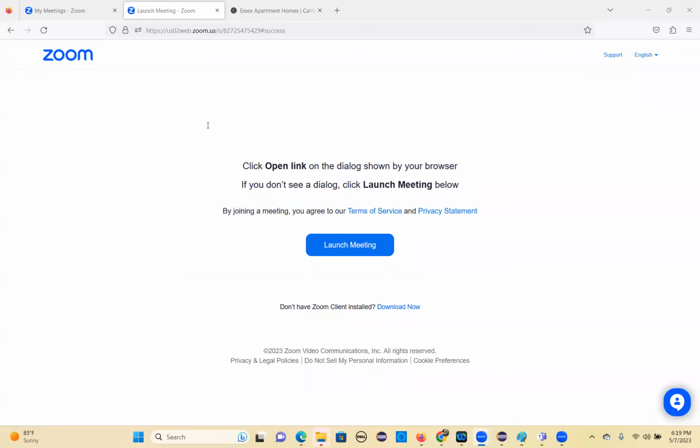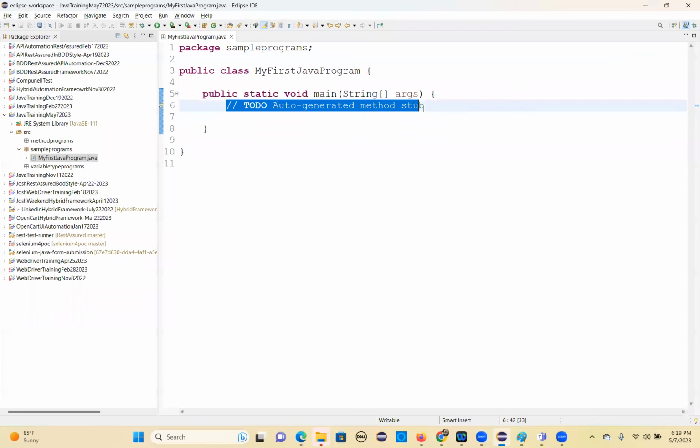Okay. So here we have the main method. Inside the main method, we're going to write some statements. It's up to you, calculations or statements. Whatever you are going to write, only those things you can